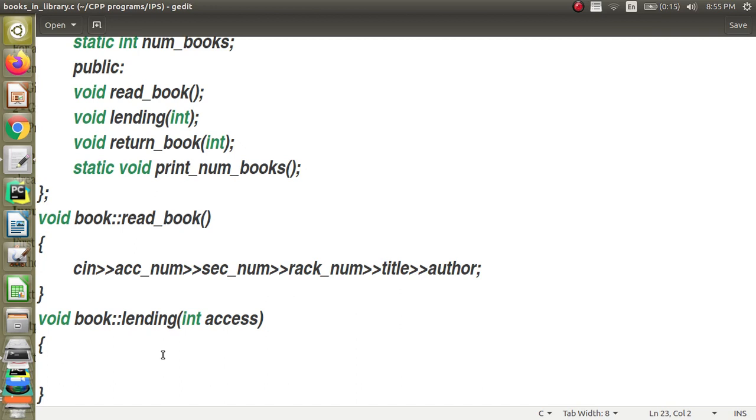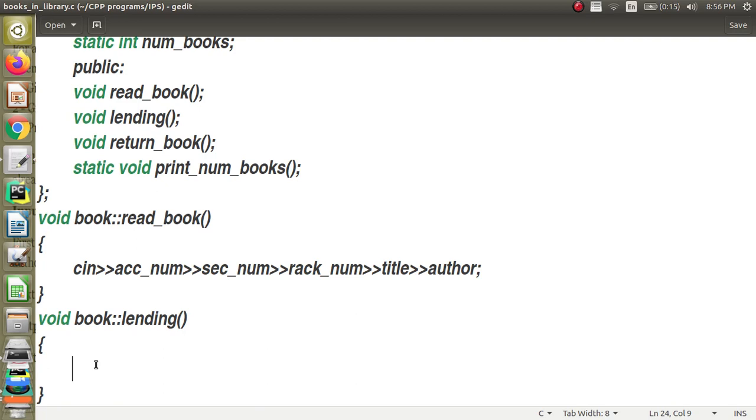instead we can have the searching in a different function, and after that I can call the lending, right. So I will call through the object of the book itself, which is going to be lended. So I am not going to pass it. See, there can be minor variations when you implement. So I am not going to pass the access number for the lending function, and for the return book function I am not going to pass the access number. Instead I am going to call through the book which is going to be lended or which is going to